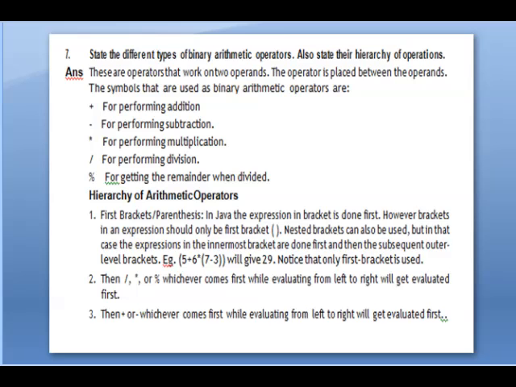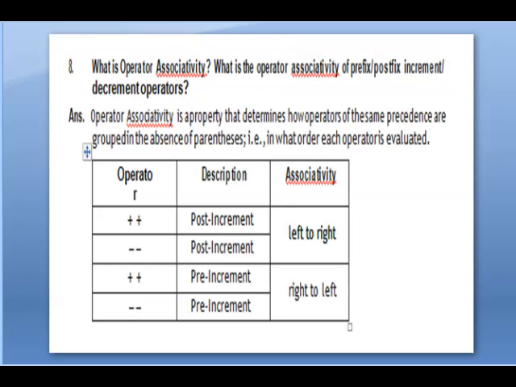Next is question number 8. What is operator associativity? What is the operator associativity of prefix and postfix increment and decrement operators? Answer: operator associativity is a property that determines how operators of the same precedence are grouped in the absence of parentheses. That is, in which order each operator is evaluated.